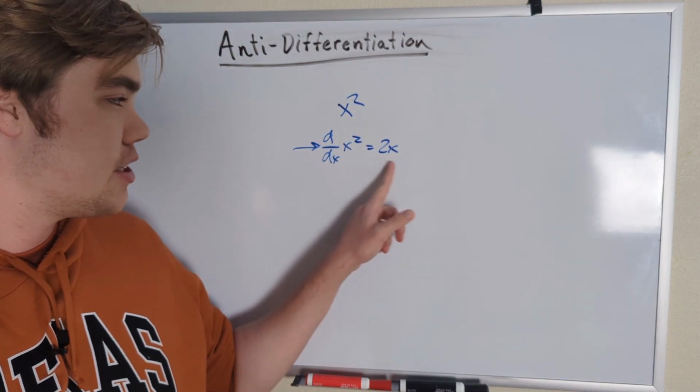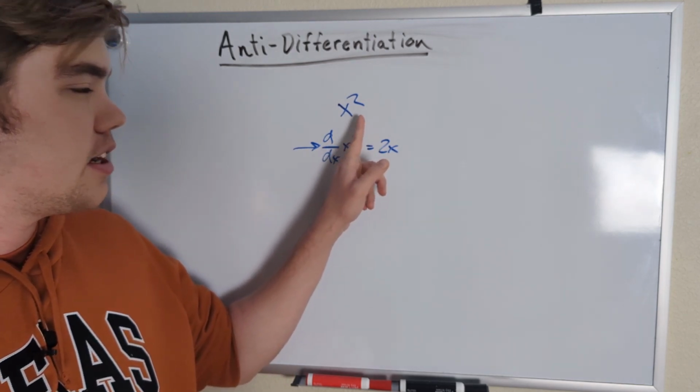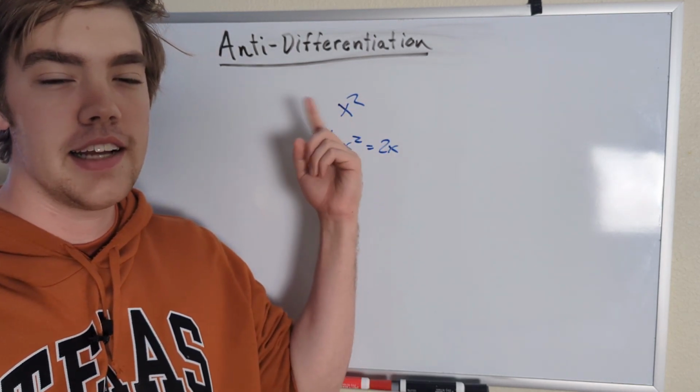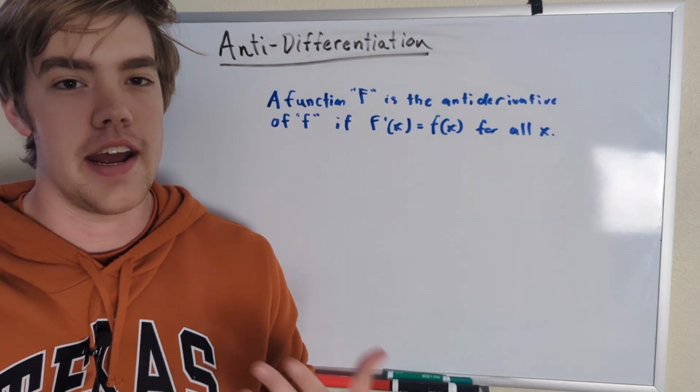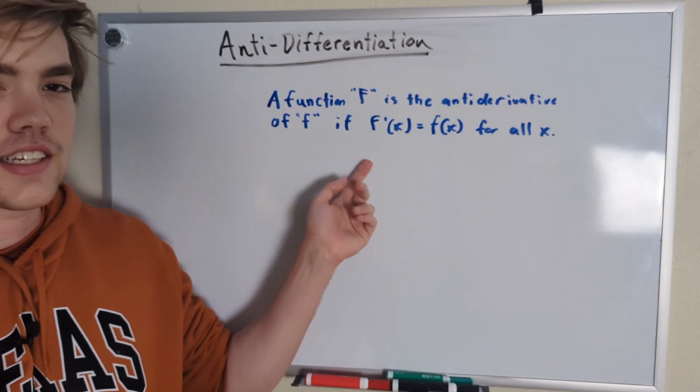But what if I told you that this was the derivative of the function and I want you to find what the original function was? That's where antidifferentiation comes into play. Let's talk about it. So before we go into examples and how to antidifferentiate, let's talk about exactly what an